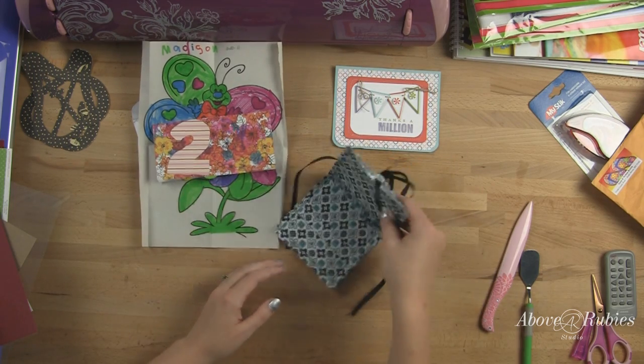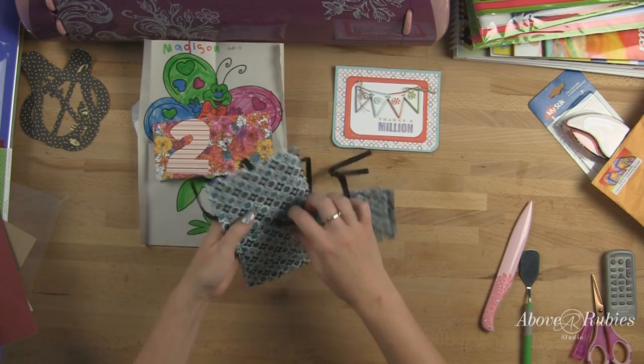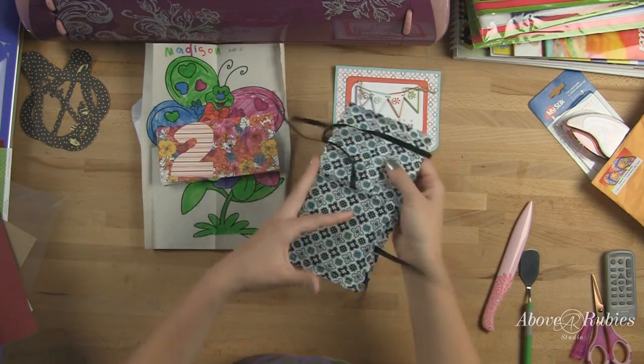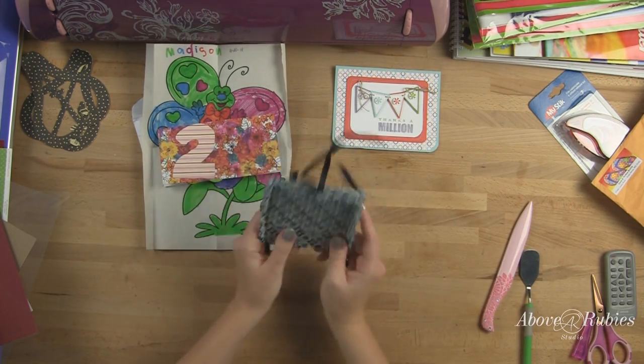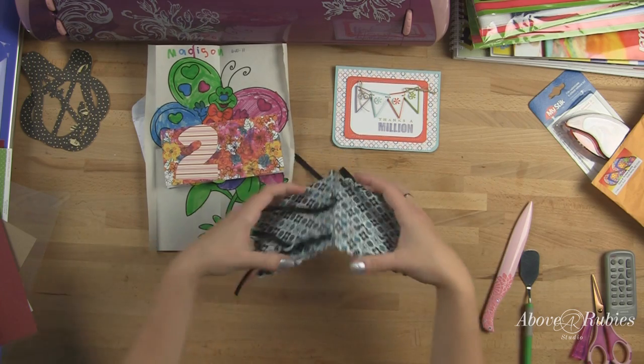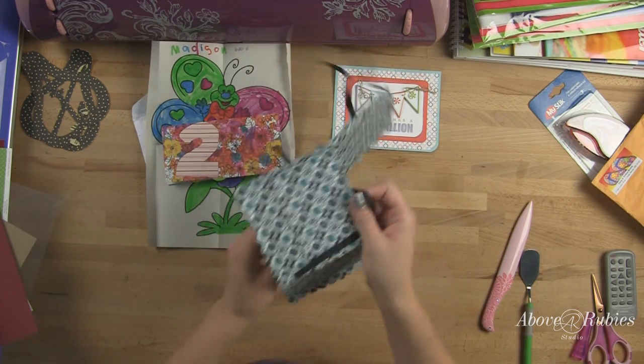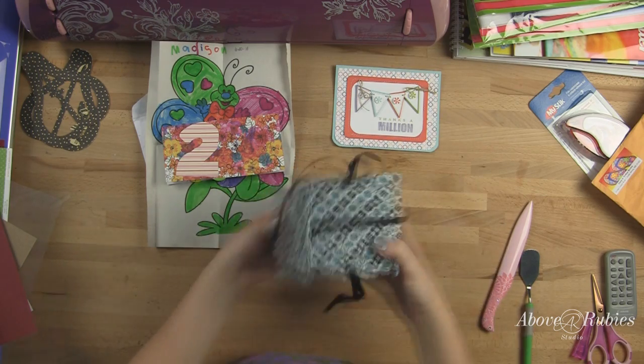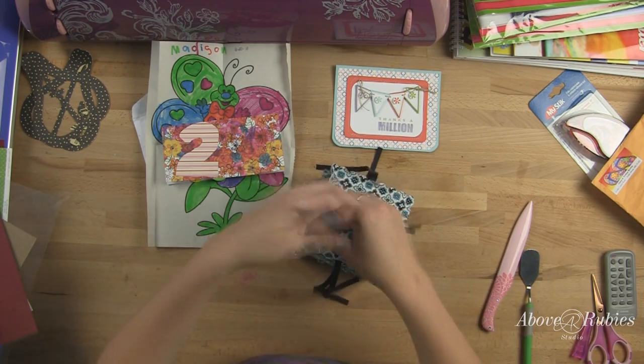And Melissa, I want to say thank you to you because I think this is the cutest little pouch. So I got this and I was kind of like, what is this? So I had to figure out what it was, and then it took me a minute, and then I realized you open it up and then you tie this together, and Melissa must have made this for me because she is just uber talented. So you tie